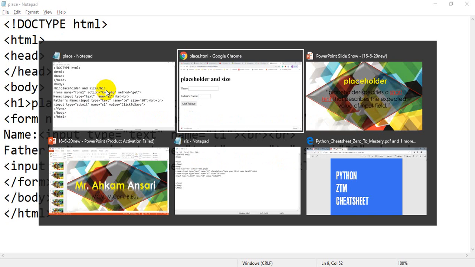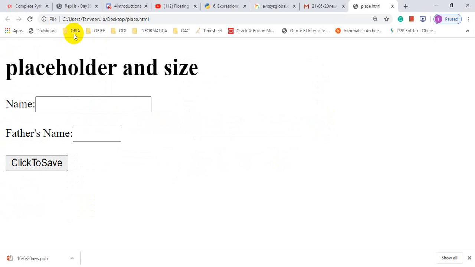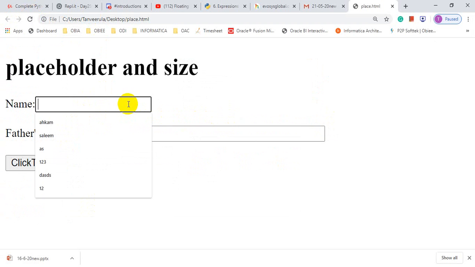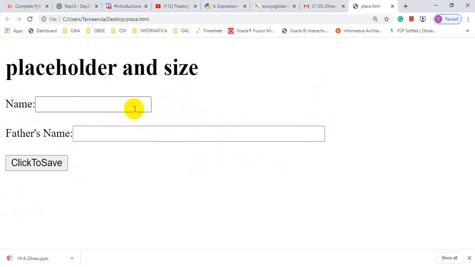I just want to go back, just refresh the page. See the size. Now the size of the second text box has been increased as compared to your default text box.